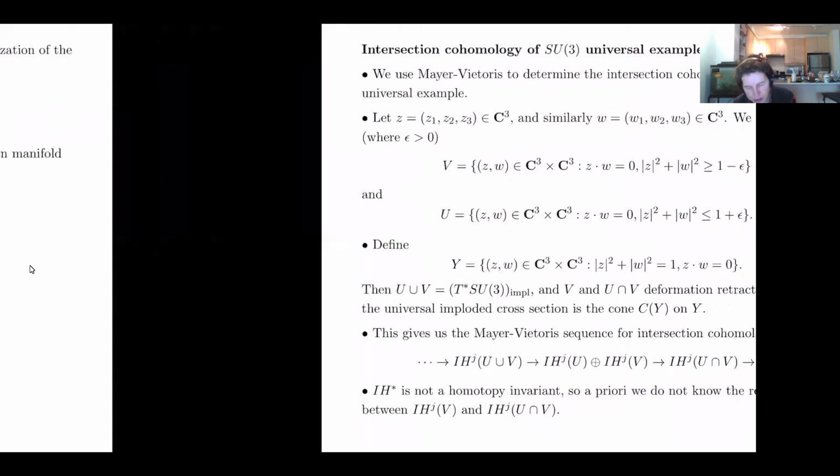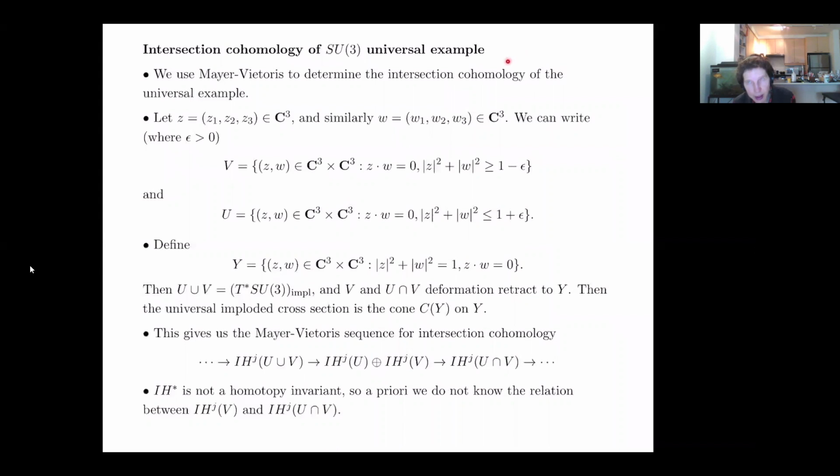So in the case of this universal example, this is the construction in my work with Nan Ho. We use Mayer-Vietoris to determine the intersection cohomology of the universal example. So we can write